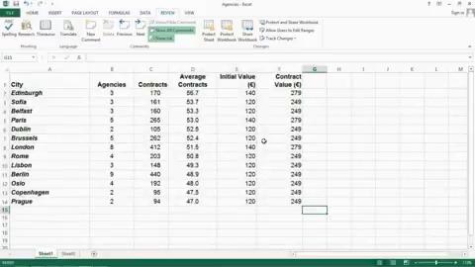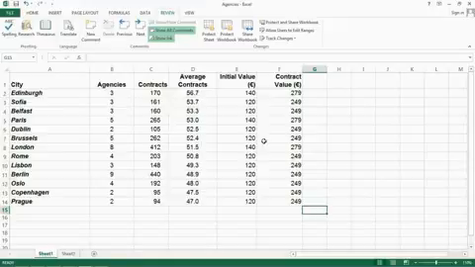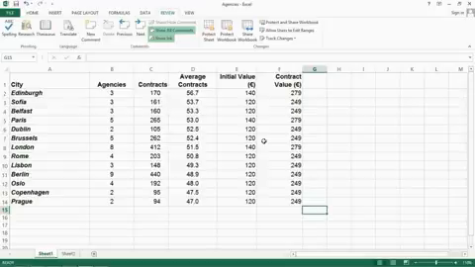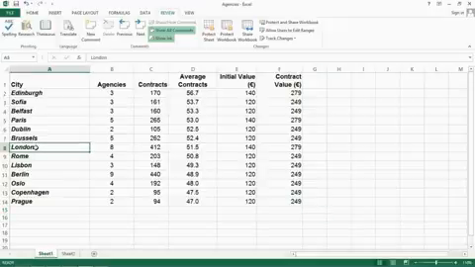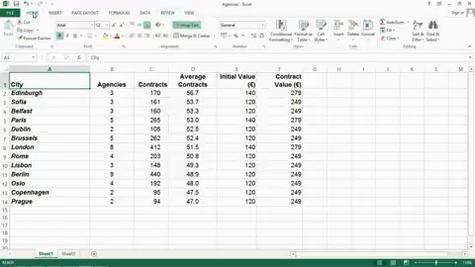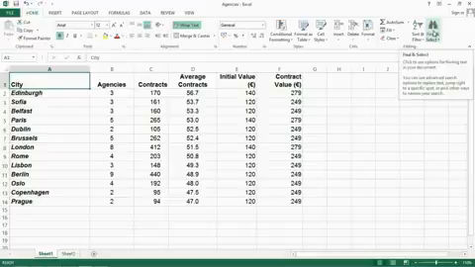Okay, now we'll look at find and replace. Let's say, for example, that we want to change every instance of London to Liverpool. Yes, there's only one London there, we can see it, and we could quite easily change it. However, let's use the command, which is on our home tab. So we'll go to our home tab at the top here, and then far right across here we go find and select,